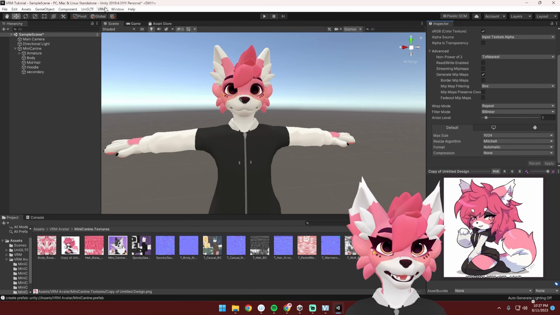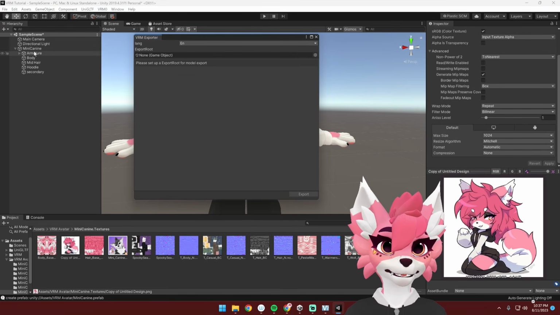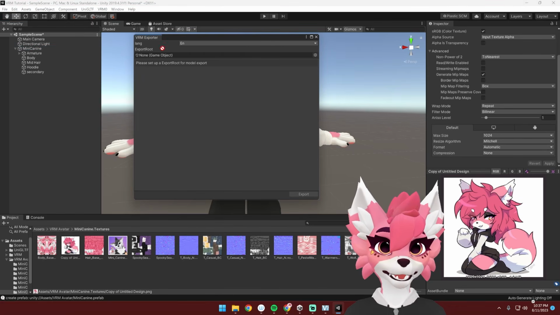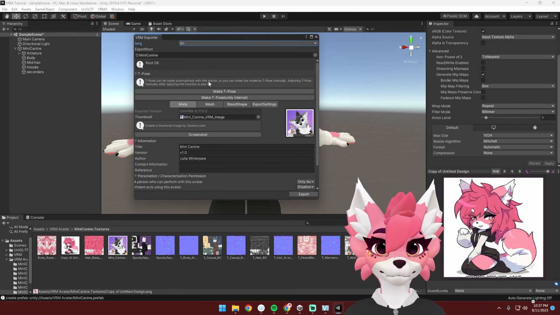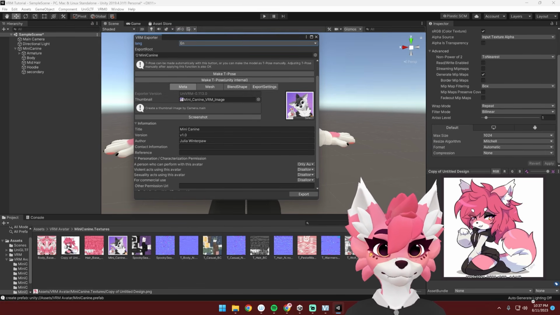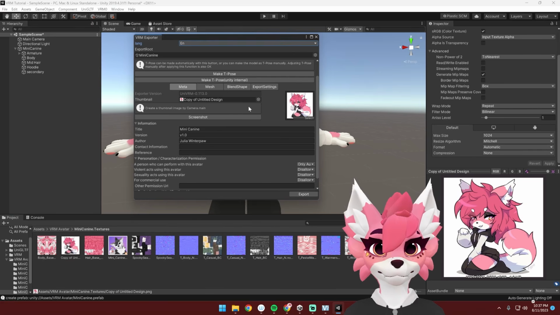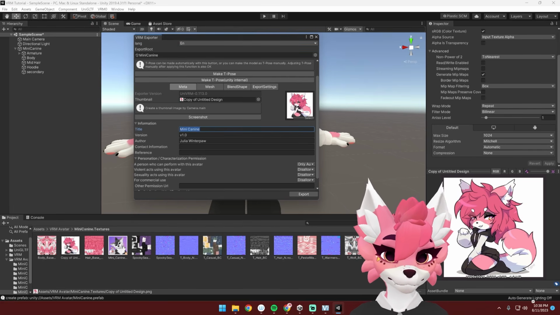And then head back up to the VRM tab here, hit export, and then drag your mini canine into the export route. You'll see all these errors pop up. You can just hit reset and then drag your picture into here, give it a name,